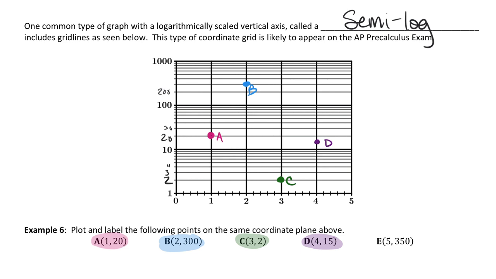Same vibe for the last one. If we're trying to plot 5 comma 350, we know the input value is 5. Where would the output value be 350? This is 100. Just kidding, I pointed at the wrong thing. This is 100, 200, 300, 400. So in between 300 and 400, we want to put our little dot. So 1, 2, 3, 4. Boom. There's E. So my semi-log plot allows exponential data, eventually when we get to this lesson, to appear linear,